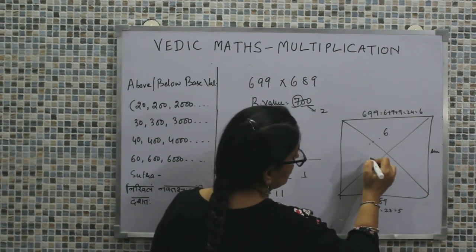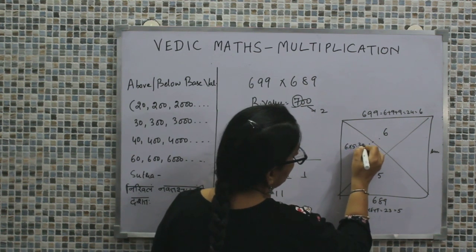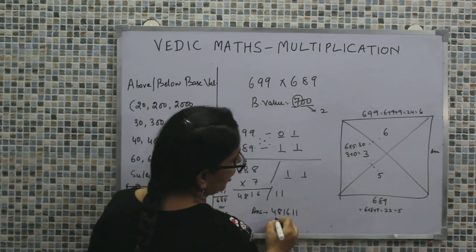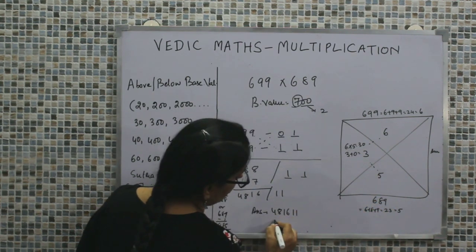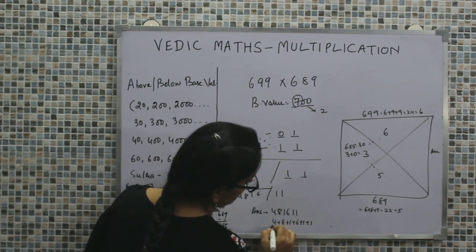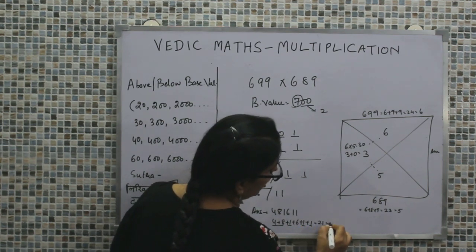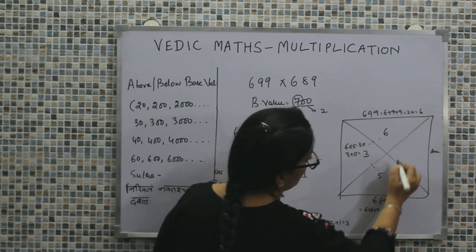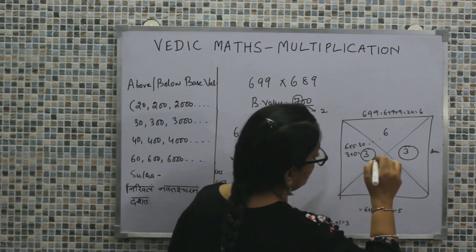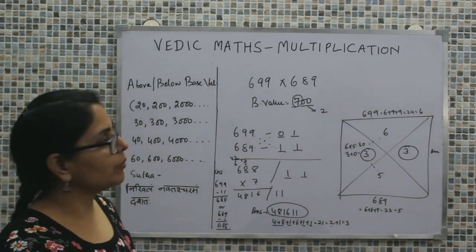The multiplication of the digital sum of the first multiplier and the second multiplier, so that is 6 5s are 30, and the digital sum of 3 plus 0 is 3. Now let's make out the digital sum of the answer. So that is 4 plus 8 plus 1 plus 6 plus 1 plus 1. So this is 12, 13, 14, 15. 15 plus 6 is 21. 21 means 2 plus 1 is 3. So this is 3. Hence, because this value and this value match, the answer which we have calculated by multiplication is perfectly right.